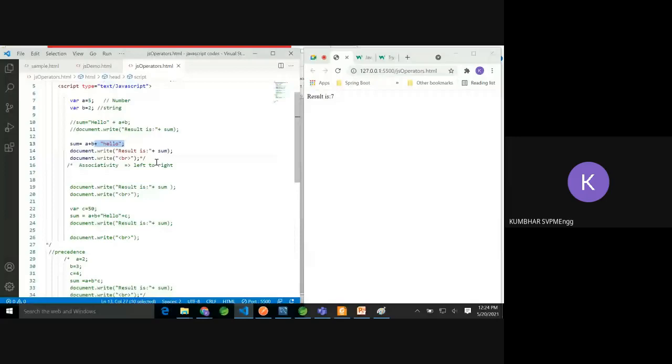Okay, so see, a plus b plus hello. Now 5 plus 2 is happening first, that is 7, and then hello is concatenated. Why is this? Because operator associativity is from left to right. Remember, from left means from a, b, like this it is going.